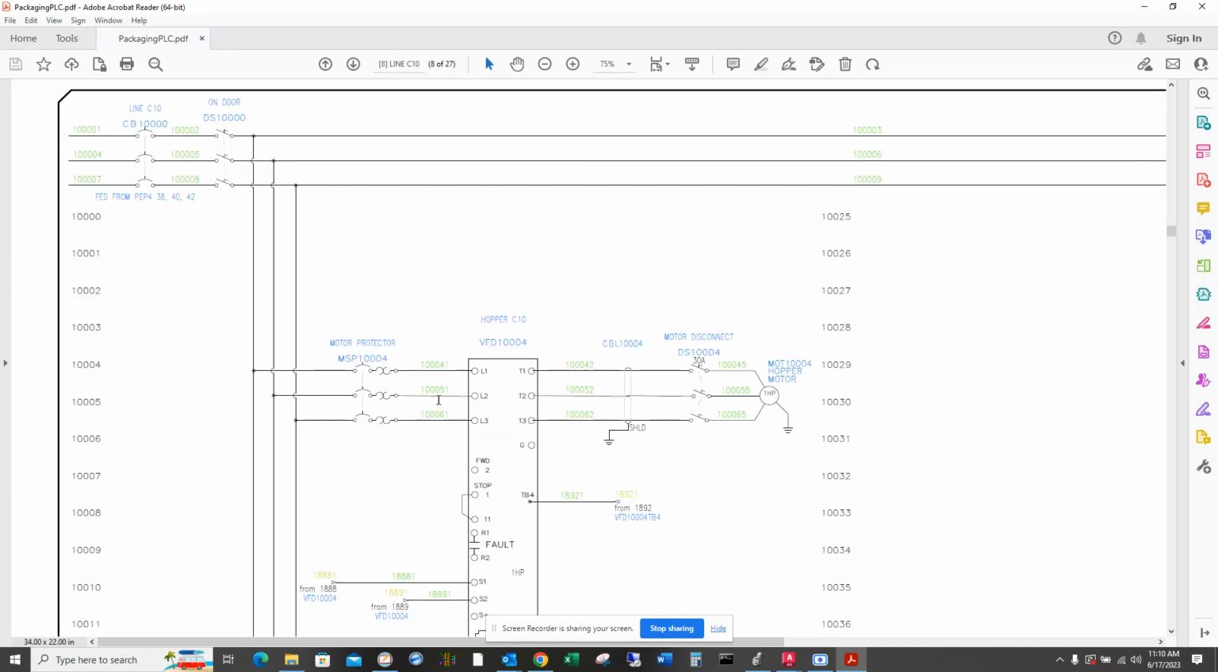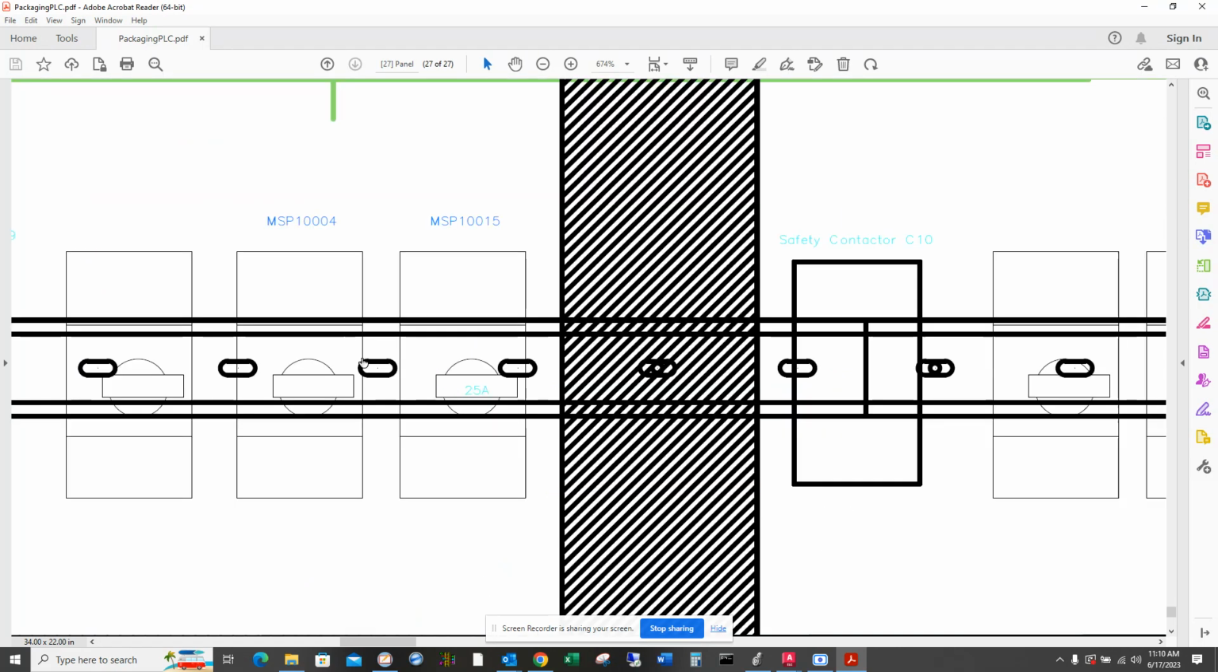Same thing if I was to see there's the motor protector and I'm getting an alarm on the screen that says, hey, your overload is tripped for the VFD on the Hopper C10, and you want to look at it inside the panel, but there's a bunch of overloads there. You click on this one here and it takes you to where it is inside the panel. So if I zoom out,